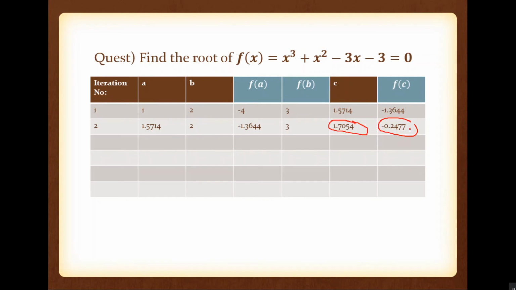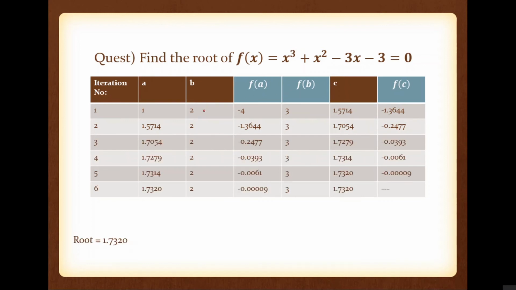So for the next iteration, what do we have to replace? f of A is negative, f of C is negative, so the product is positive. So we have to replace A again. Yes, we have to replace A. So in this particular case, you can see that the main character of the false position method is that one side will be constant. In this particular case, B is always constant. In some situations, A will be constant. Only one value is changing. That is the main character of the false position method.